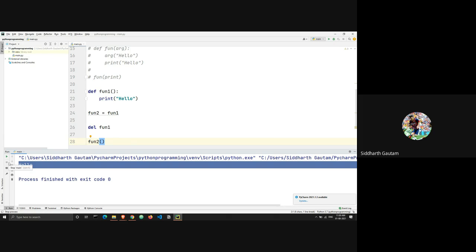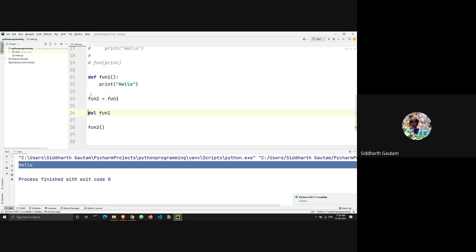Now can you tell me why it still executed even though we have deleted function 1? Because function 2 has already taken the value of function 1, and after that we are deleting function 1. Exactly. You already know in programming, a line which precedes has higher priority than the line which follows.